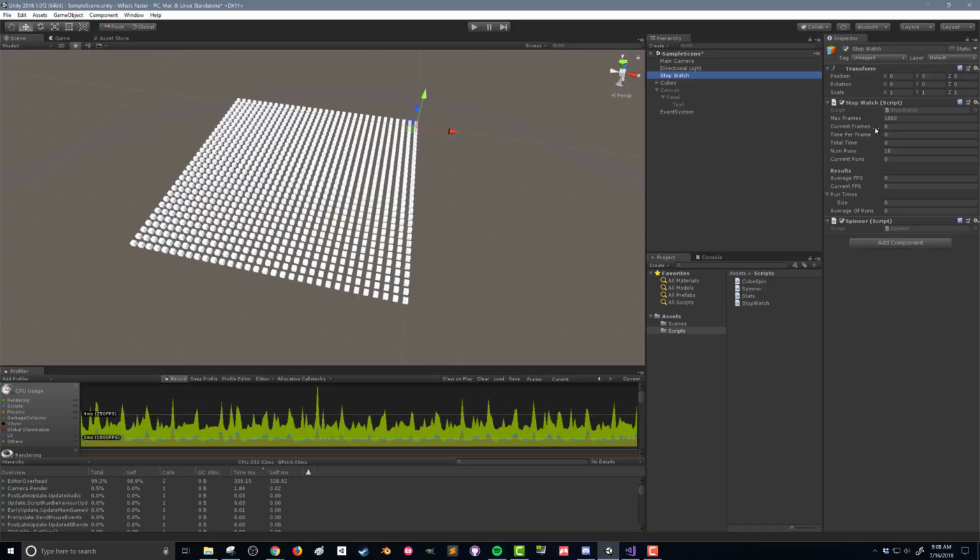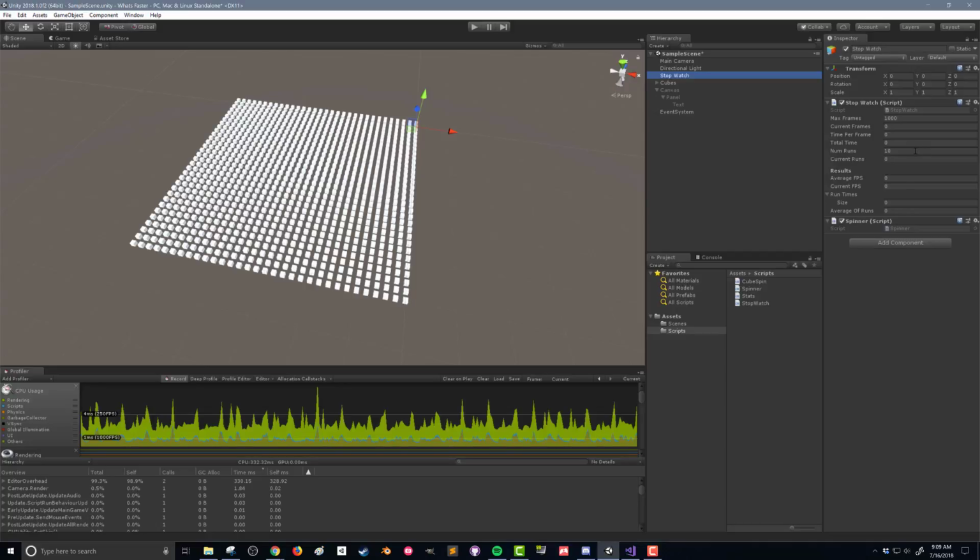You can download this and look at the script and critique and criticize as you want. But what this is going to do is give us a rough measurement of frames per second. The way this is going to work is I set out a max number of frames. This is how many frames we're going to run it for. It's going to keep track of a few things, and it's also going to do multiple runs. What I found is often the first run is slow as Unity is initializing things, your scripts are initializing. Whatever's going on, the first run tends to be a little slow. So we're actually going to do 10 runs,